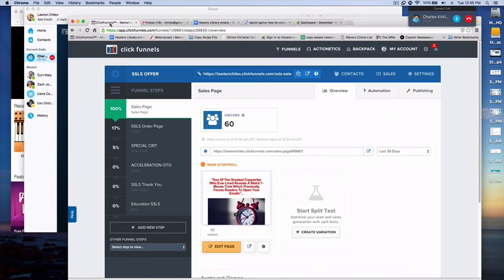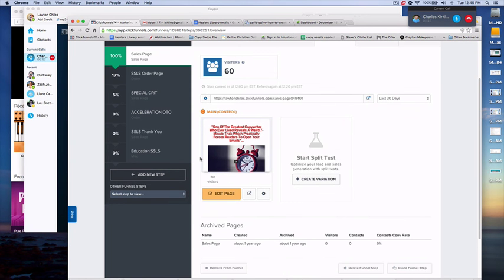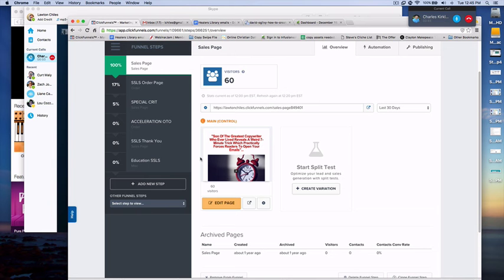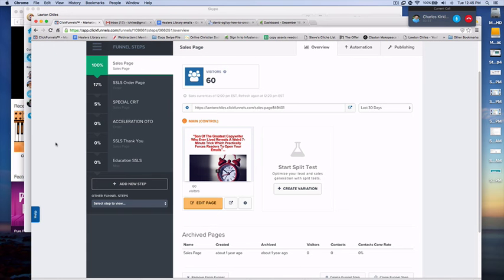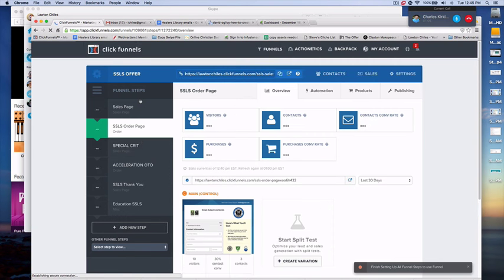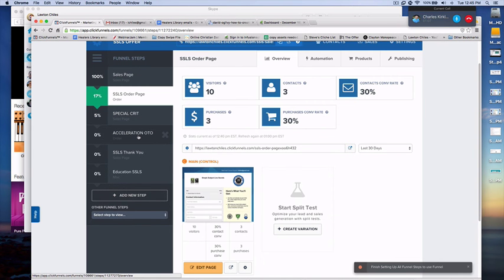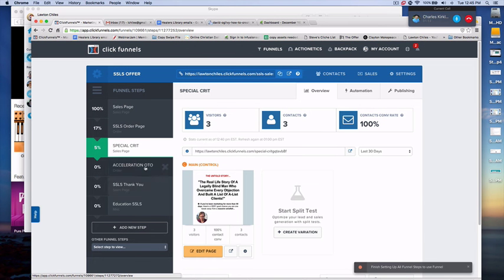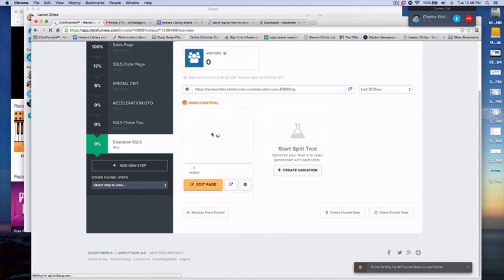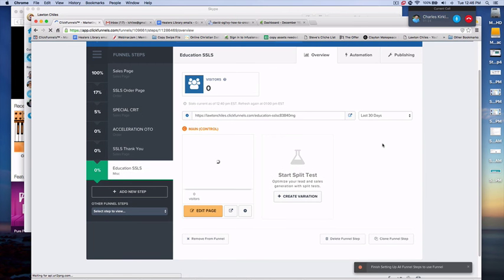So I wanted to show Charles my ClickFunnels account, and I think you can see the screen. Yep. Okay, so basically, this is your average funnel. You've got your $97 front-end product, a much higher upsell, that kind of thing. The main thing, though, that is missing from this: they see the order page. If they buy, then they're going to see this upsell, and then all this stuff. The main thing that is not here, though, is a pre-selling page. And I know Charles is one of the experts at this.